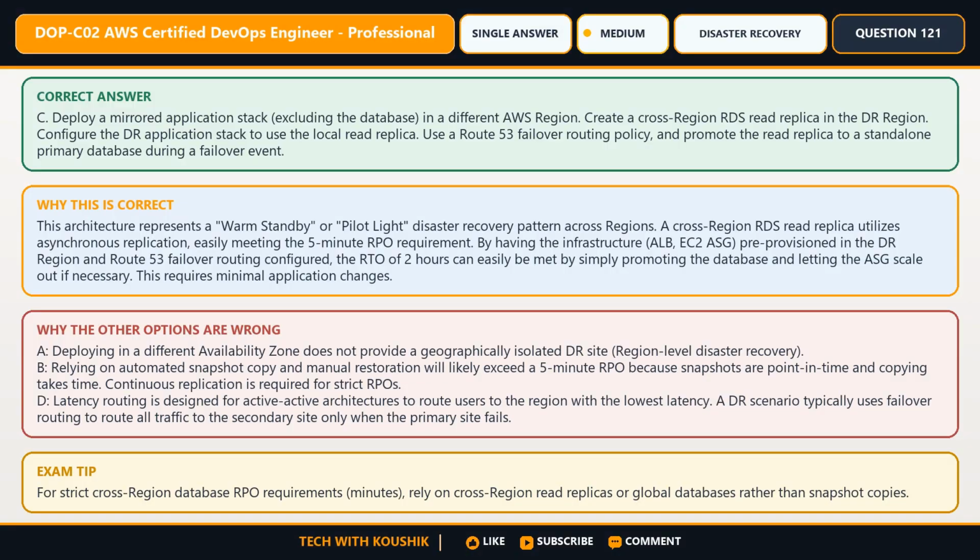The best choice is option C. Deploy a mirrored application stack, excluding the database, in a different AWS region. Create a cross-region RDS read replica in the disaster recovery region. Configure the disaster recovery application stack to use the local read replica. Use a Route 53 failover routing policy, and promote the read replica to a standalone primary database during a failover